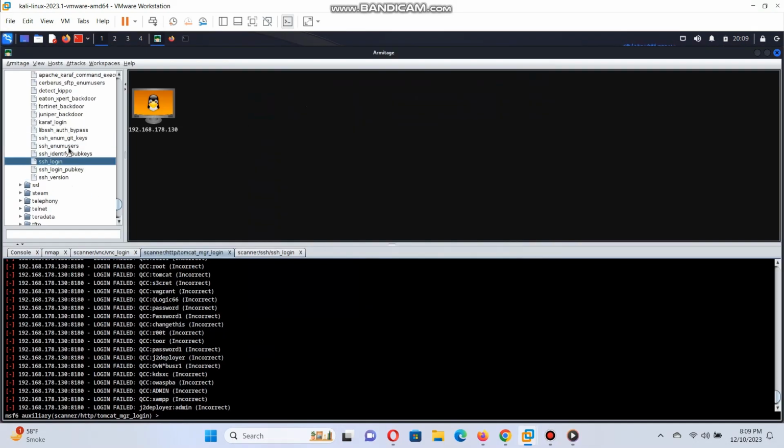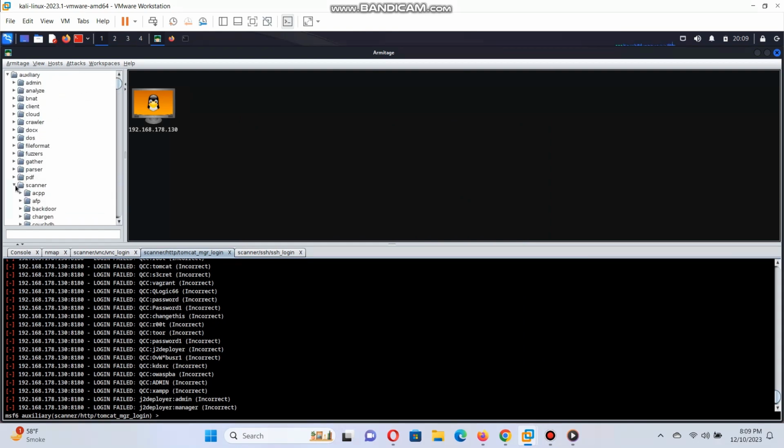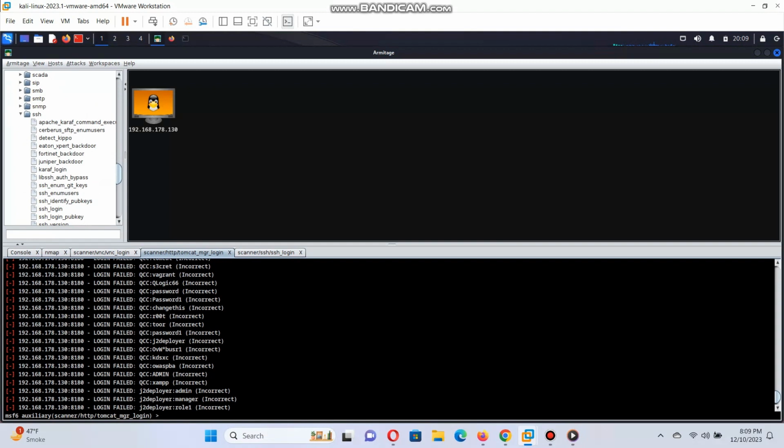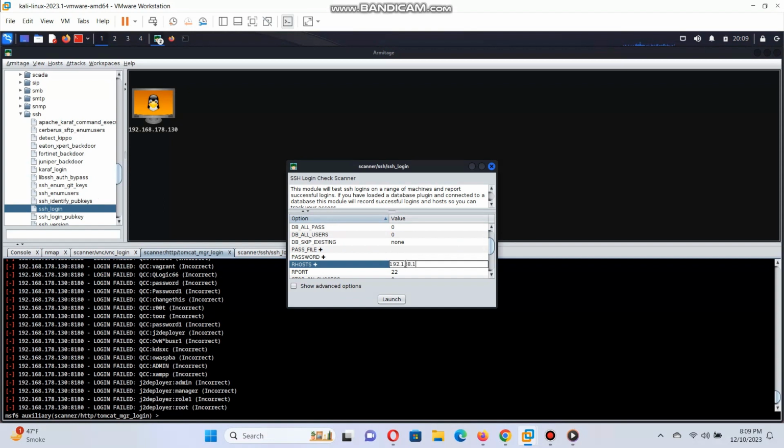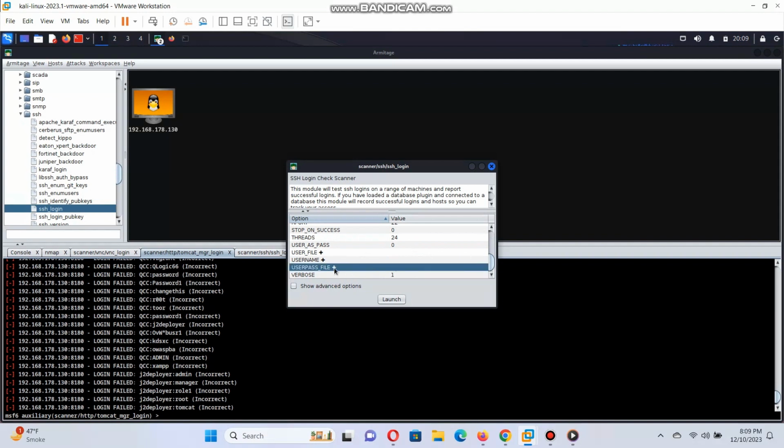Now the third attack I'm going to perform is going to be on the SSH of Metasploitable 2. So I will go to auxiliary, then I will go to scanner, then I will go to SSH and I will press SSH login. Our host goes as 192.168.178.130, and I have to set the path to this user pass file. So I'm going to go ahead,